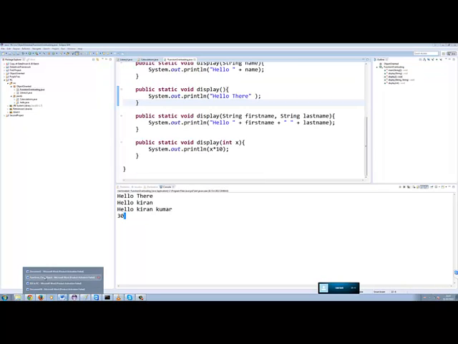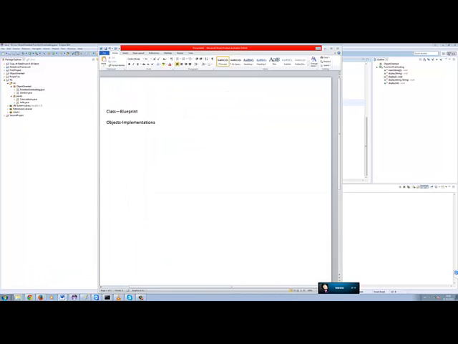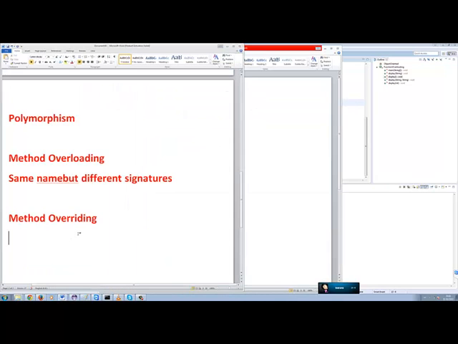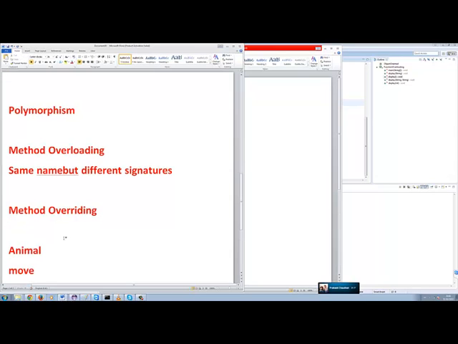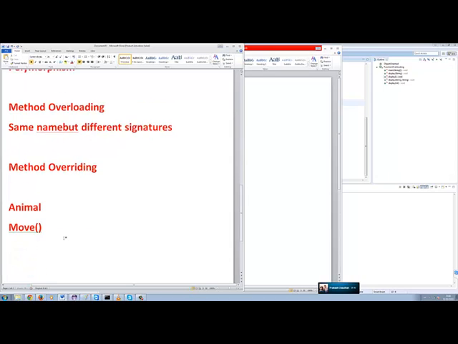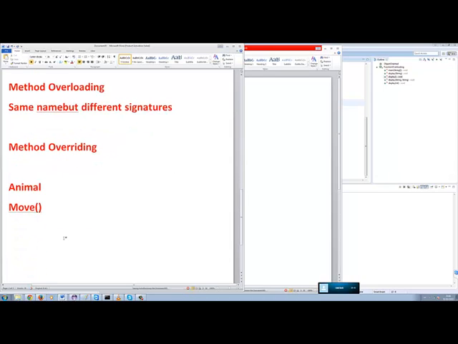The next one which we are going to see is called function overriding or method overriding. So what is method overriding? Suppose we have a main class called animal, and I think all animals move, isn't it? So we have a method called move inside it, and we have different animals which inherit from the animal parent class, like bird and